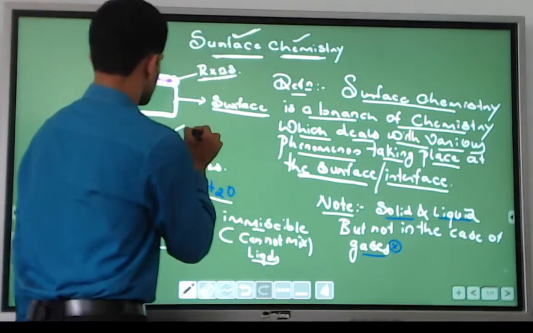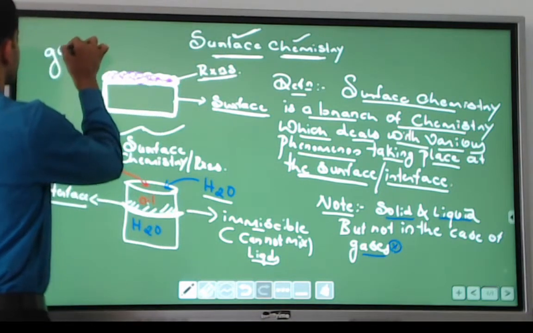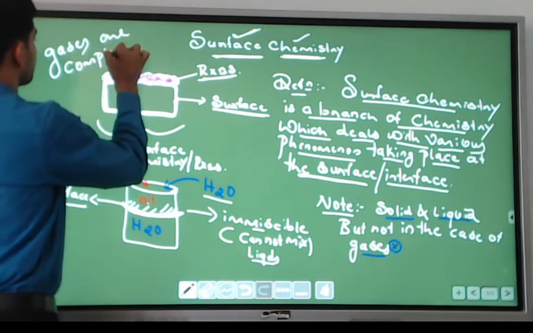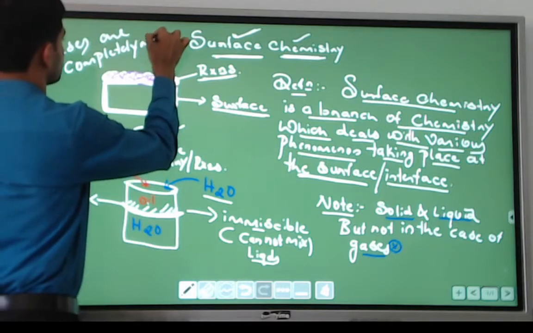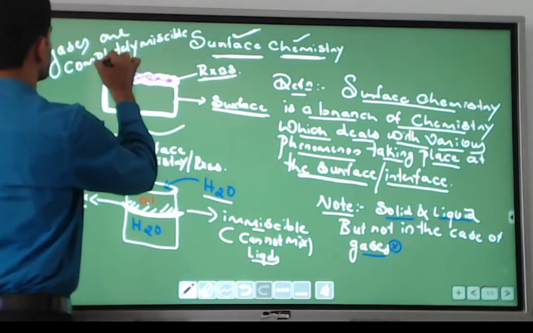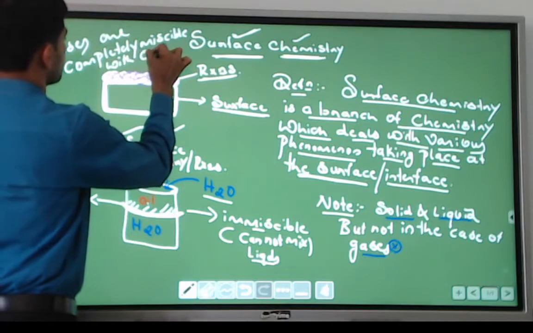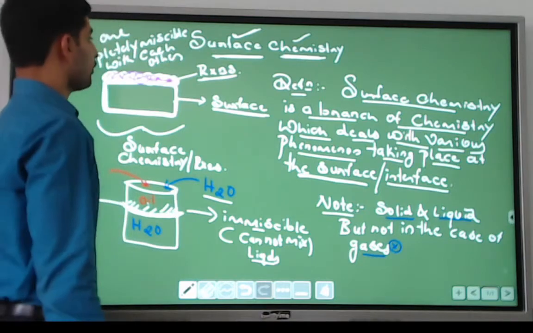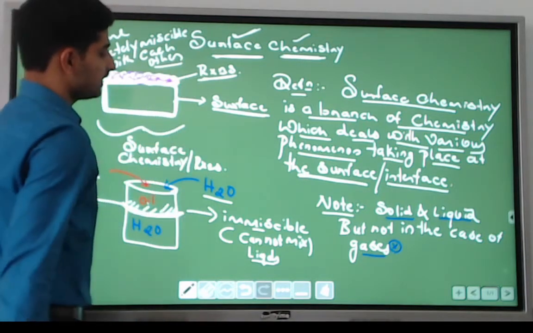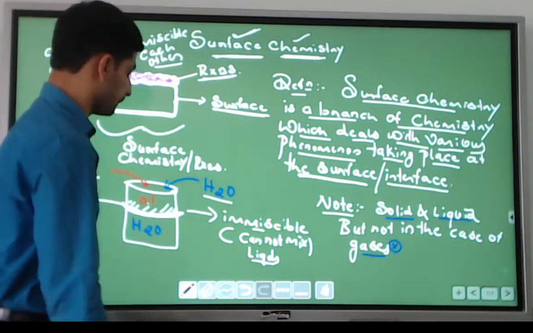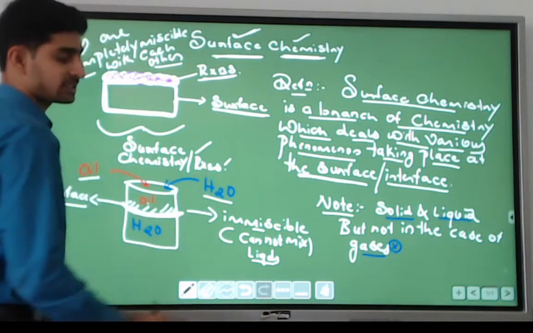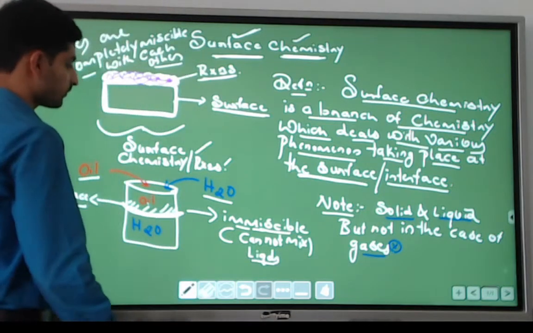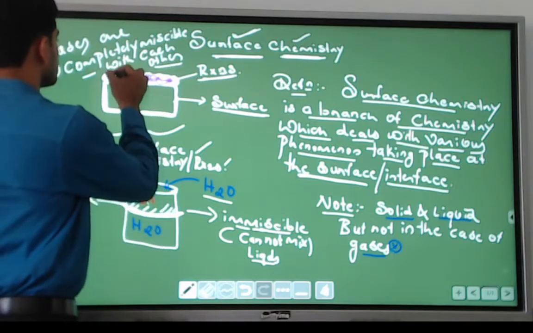Because gases are completely miscible with each other. Gases completely mix with each other. For this reason, because of their mixing, they are going to form what? A single layer. But to observe surface chemistry or surface phenomena, what we need is an immiscible condition,